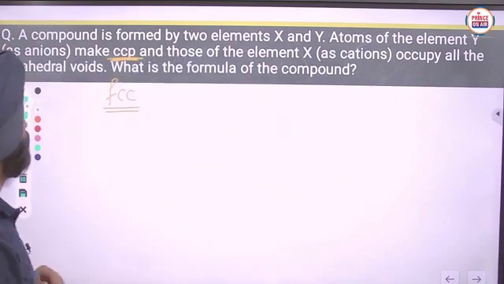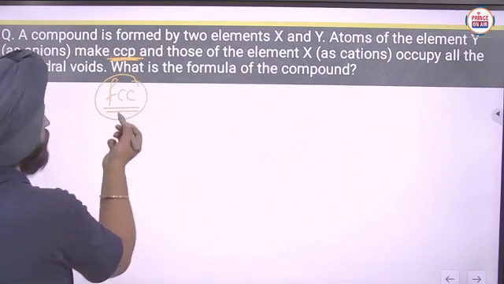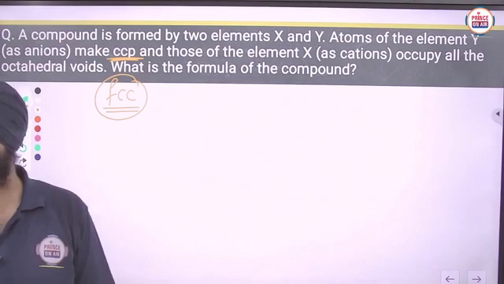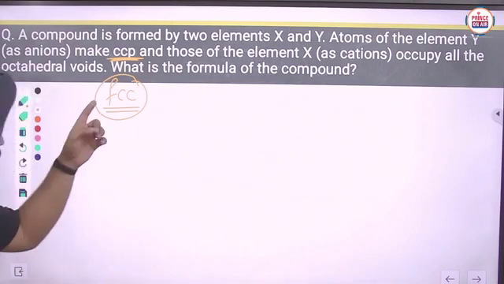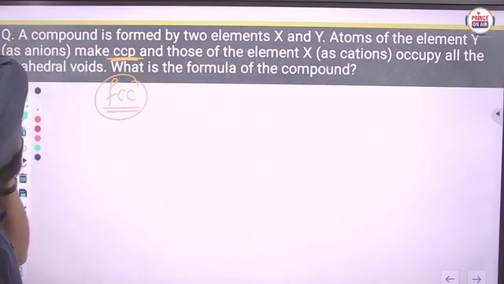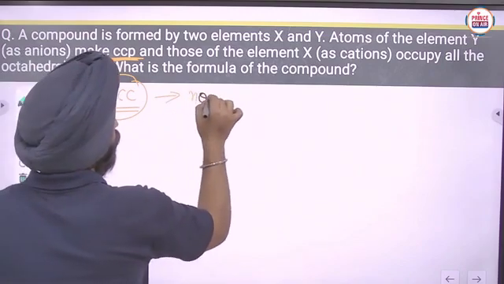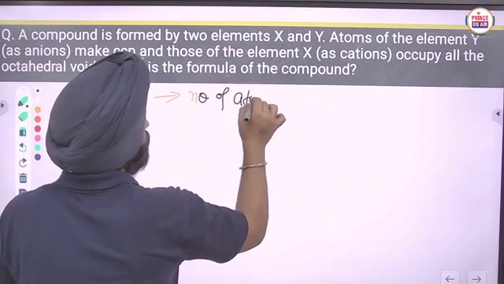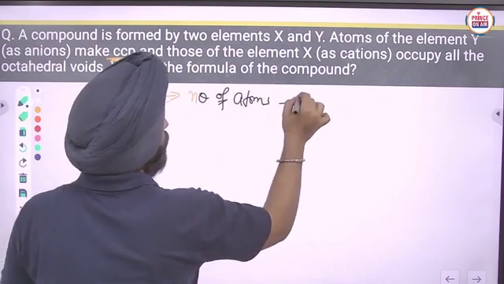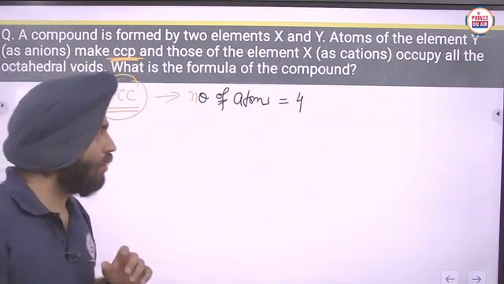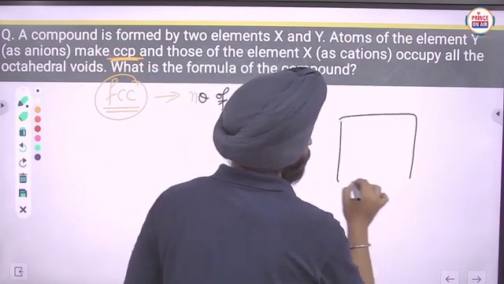FCC means face centered cubic structure. So here the FCC arrangement is having how many number of atoms? The number of atoms will be 4, as you all know in the FCC arrangement.